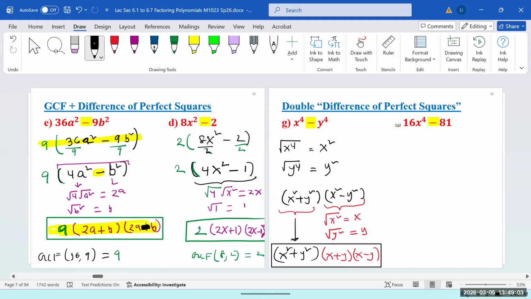So you have to keep factoring until we cannot factor anymore. If you have 6 power, you stop in the second step. If you have 8 power, you have to keep factoring, because 8 is divisible by 4, 4 is divisible by 2. So you keep factoring until the power is 1.